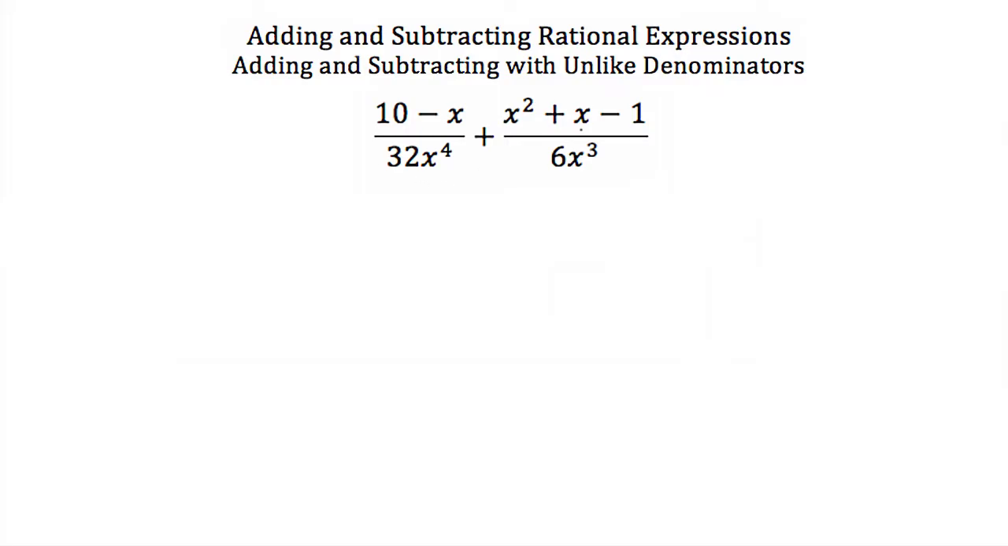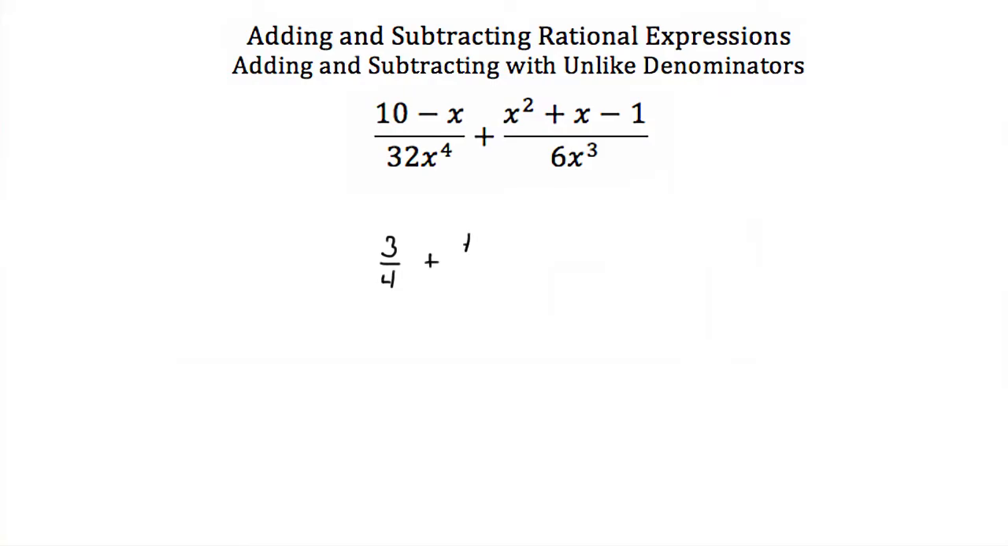Now what happens when you don't have a common or a like denominator? What if you have unlike denominators? Here we have 10 minus x over 32x to the 4th plus x squared plus x minus 1 over 6x cubed. Well, if I wanted to add